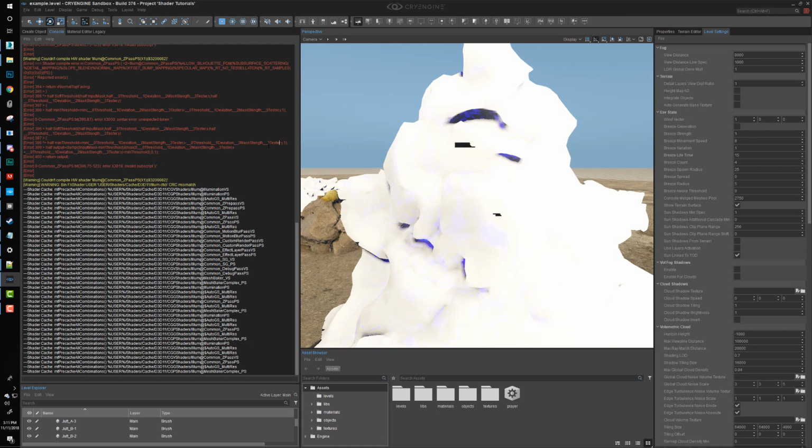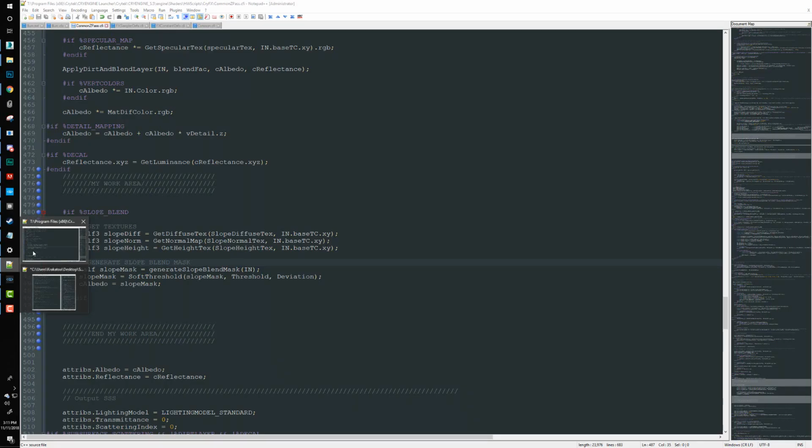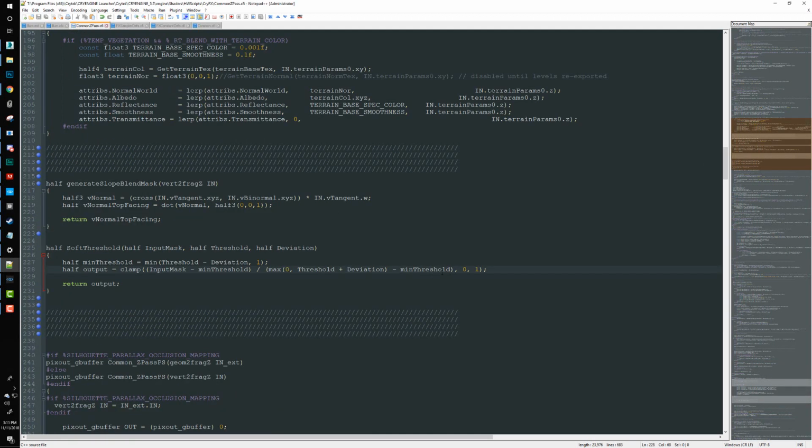Mask strength tester.y 1. Okay, why am I getting a tester.y in there? That shouldn't be in there. It's in the common ZPass shader. Okay. Let's go back up here. Did I type in the wrong